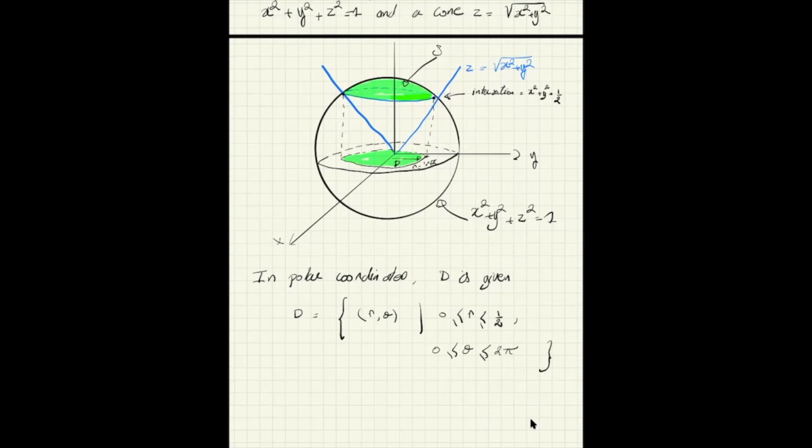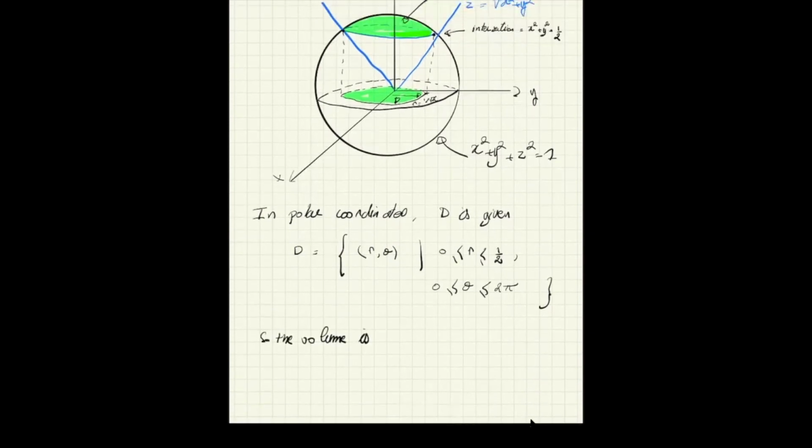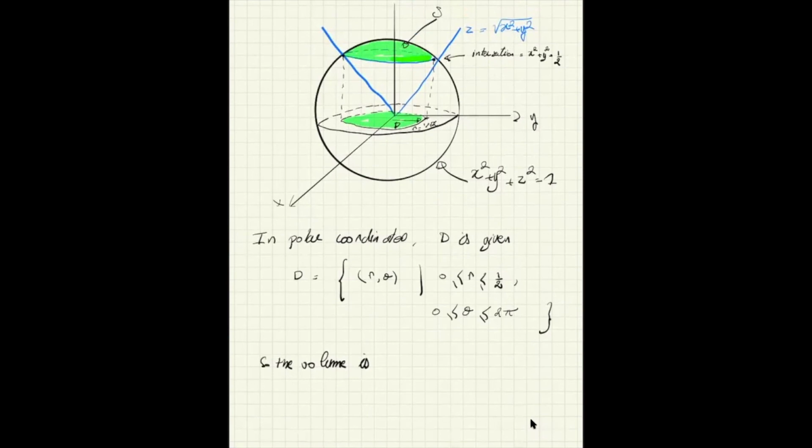This is me just writing down what the integral is. I'm not going to compute it, and then I will let you go afterward. So once you find the region D, the volume is, you have to compute the volume over the region D